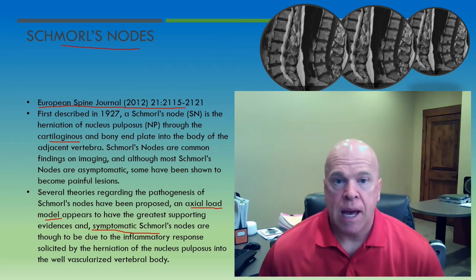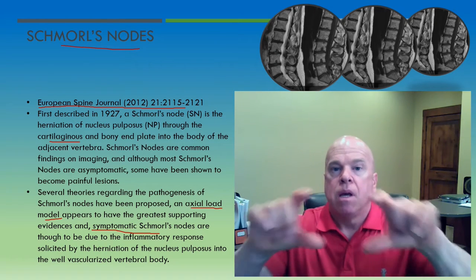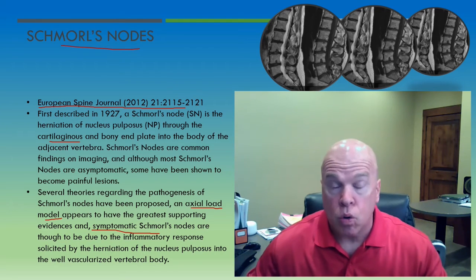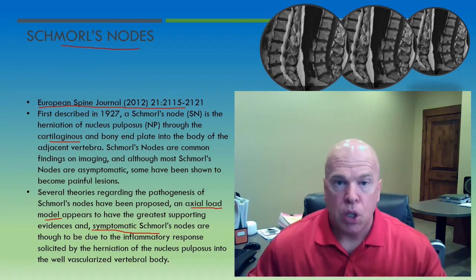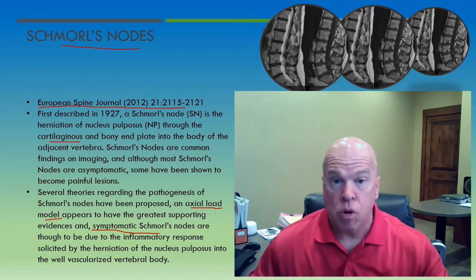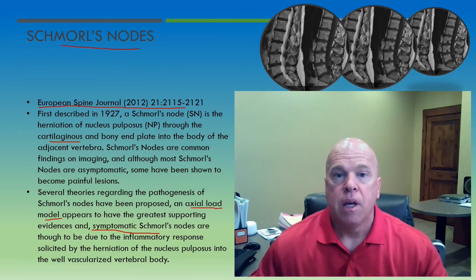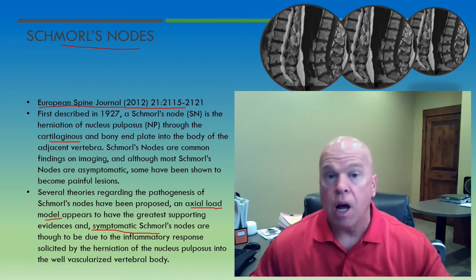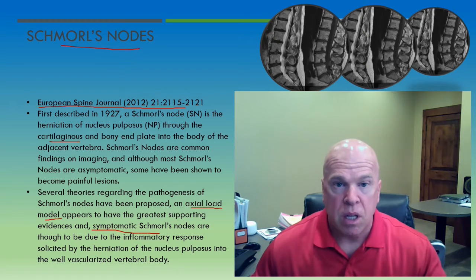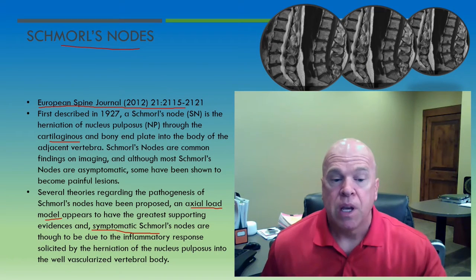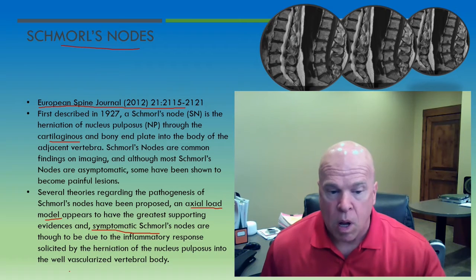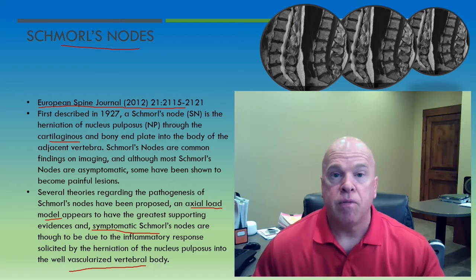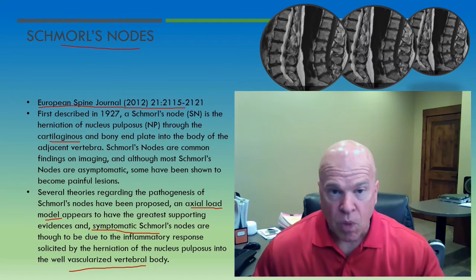So if we think about the anatomy of the body of the vertebra, the superior and inferior end plates of the vertebra are cortical cancellous bone, and then below the cortical or cancellous bone is trabecular bone. And the trabecular bone is hematopoietic tissue. There's a lot of red blood cell formation taking place within the body of the vertebra. So the body of the vertebra is well vascularized, and when this foreign material from the nucleus pulposus comes in